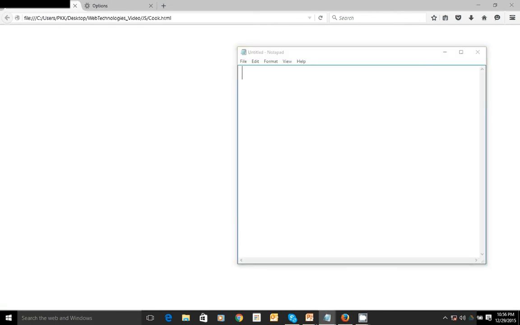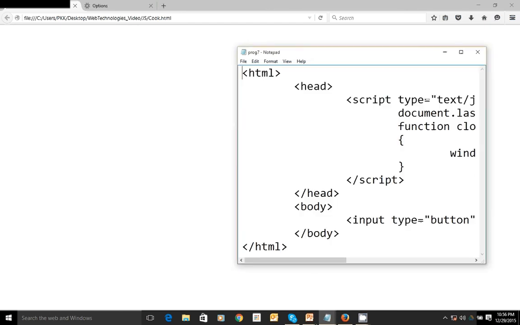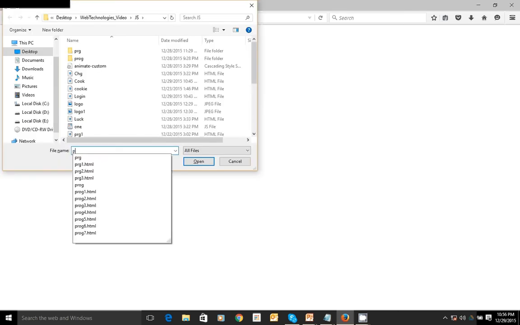And coming to the next one, PROC7. So here in this HTML file I write one more button, a closing button. The moment when I click on this close button, I invoke a close function. Simply I invoke window.close. Let's see how these window open and close functions work together.